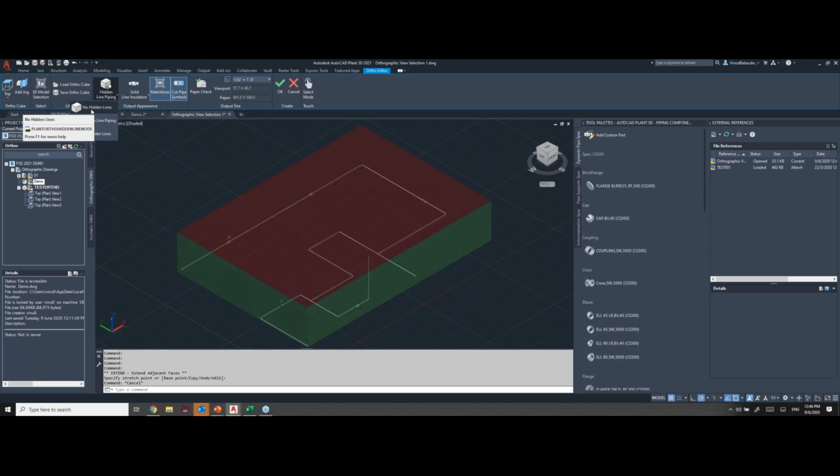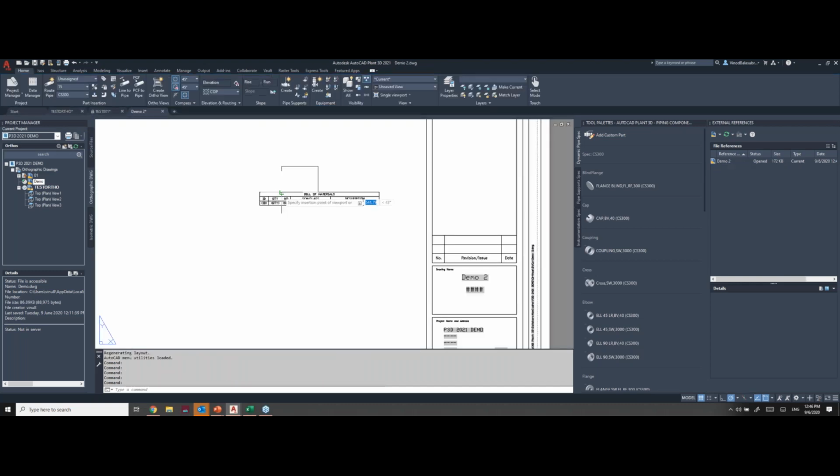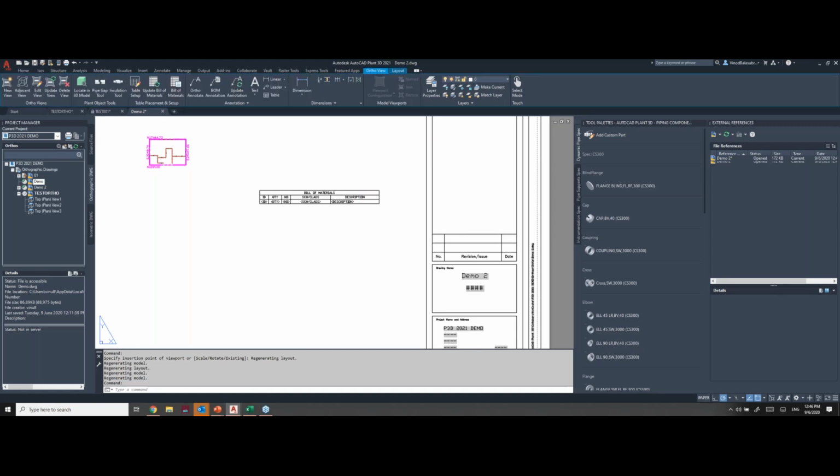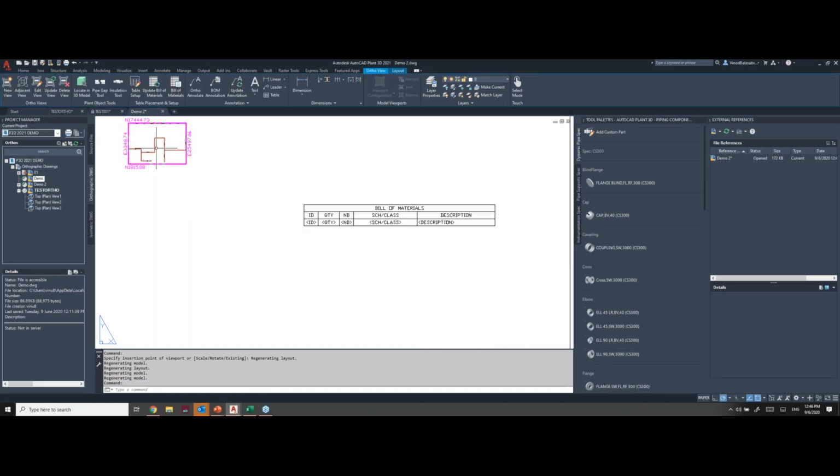So here I'm going to just leave it as it is. So I want to show the hidden line piping. And then what I do is I just press OK here, and you will see that the ortho gets generated right away. I think I picked up on a wrong scale. That's okay. And now I wanted to do an update of my bill of materials, and I could select this, and